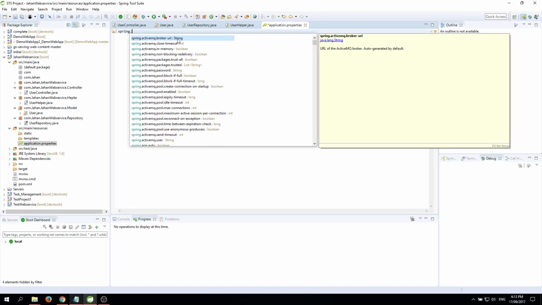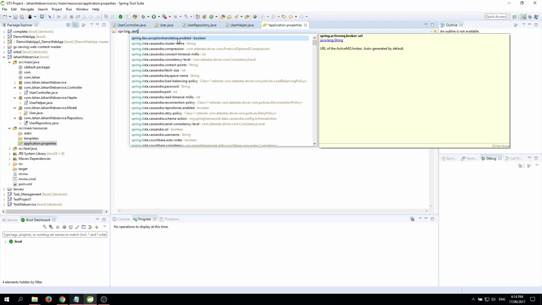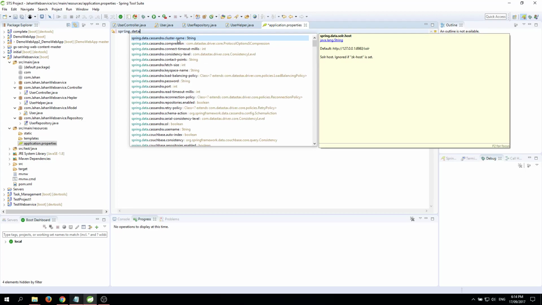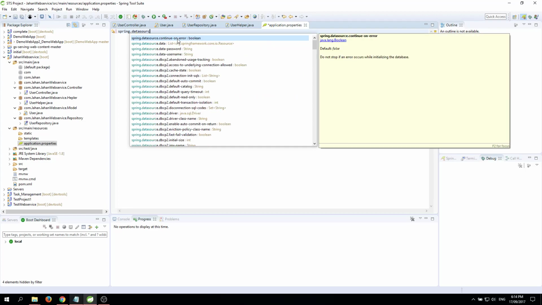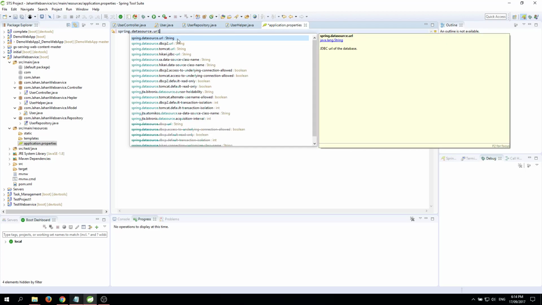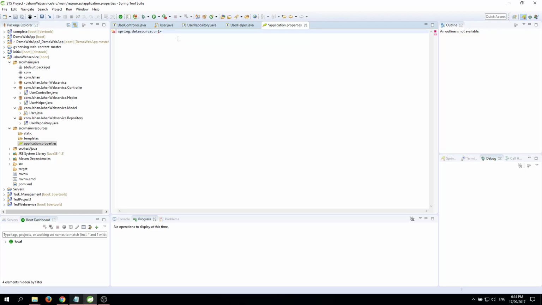Spring dot datasource dot URL. It is the connection string. JDBC PostgreSQL,